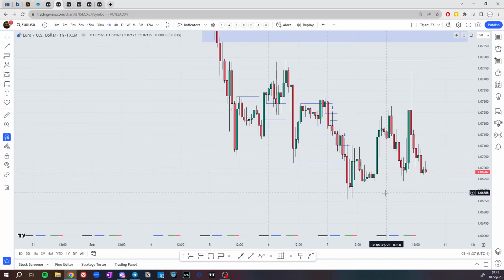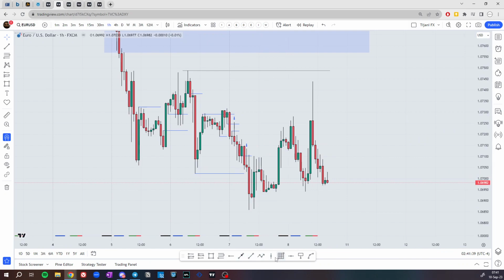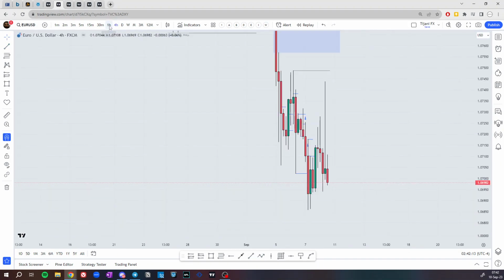Then on Friday, price has retraced higher, closing the week. For me, I didn't trade Friday because I have made my target during the week, so there is no need for me to trade Friday also, as I know Friday can close as a consolidation or a reversal higher. And we had that reversal once price has broken market structure above this high here, then this high, which confirms that price is going to have a retracement